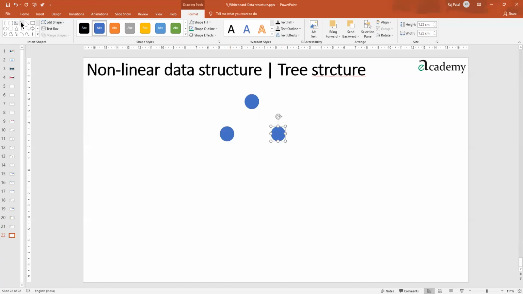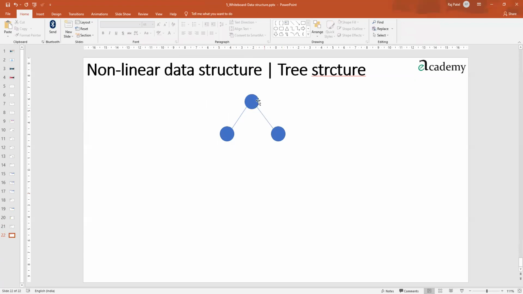Okay, so I may draw it like this. Similarly, this one. So this particular node, the topmost node, we can call a parent node, and the lower nodes are called child nodes. We have many more terminologies also, which I will be covering one by one for all of you.